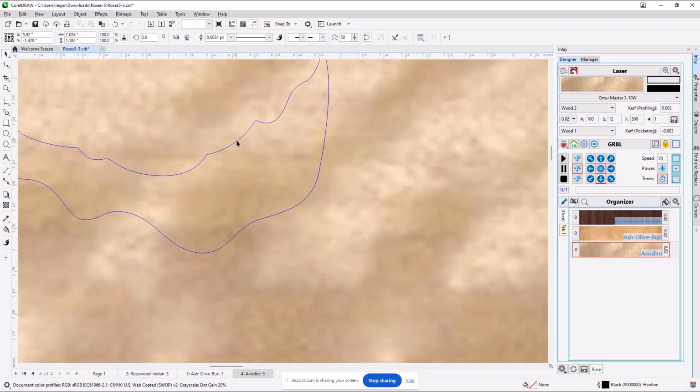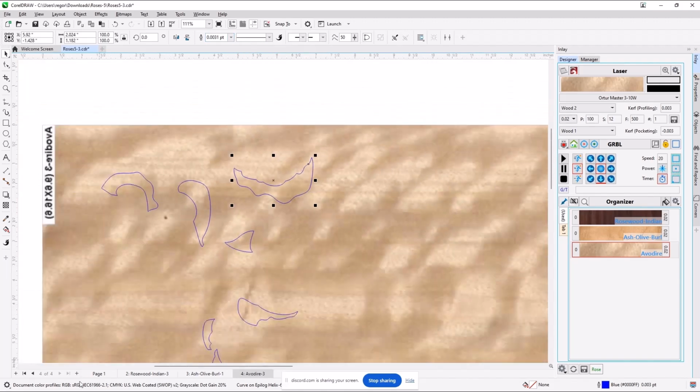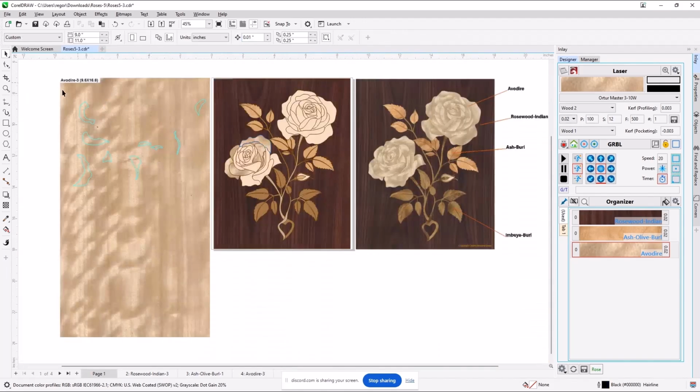And in this case, the line width is small enough that it will cut on the Epilog laser and certainly will cut appropriately on all the other lasers, either by color or by power and speed. But the main thing right now is that anytime I want, I can say, okay, I've made some changes on the placement and whatever. I'll just tell it, give me a new cut path.